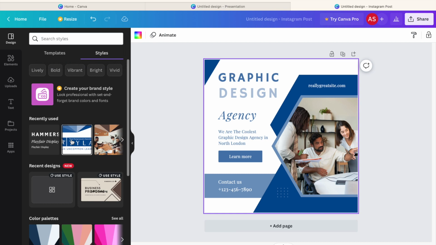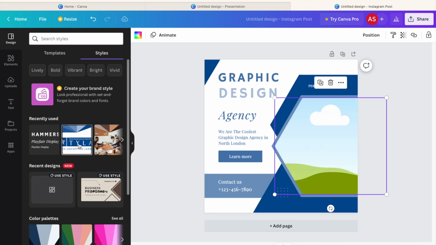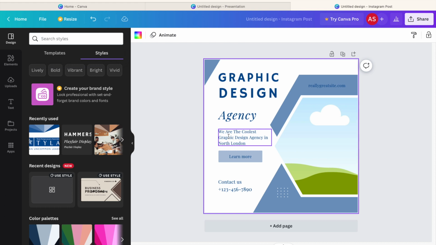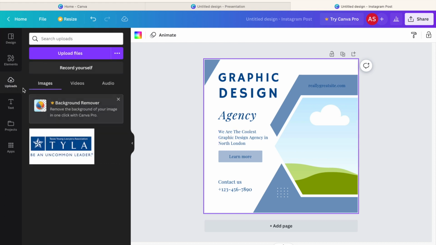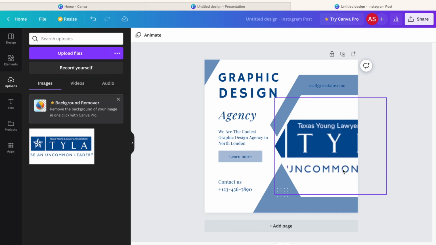I'm not creating templates. I can delete this image and I can put in another image, right? I deleted that. I'm actually going to go to uploads and I'm going to throw this TYLA image in there. All right, it's not ideal for that shape, but you can see how it works. Now it is my design. Now it is consistent with my brand and my vision. And I look a lot more professional than I might be. I look like a little bit of a graphic designer is helping us out, but in reality, it's just the